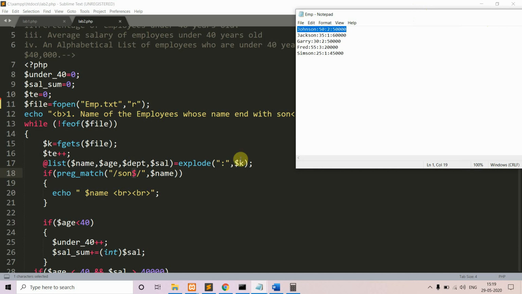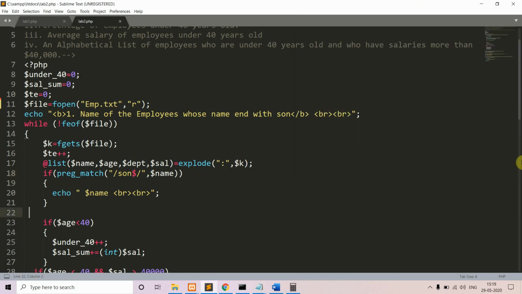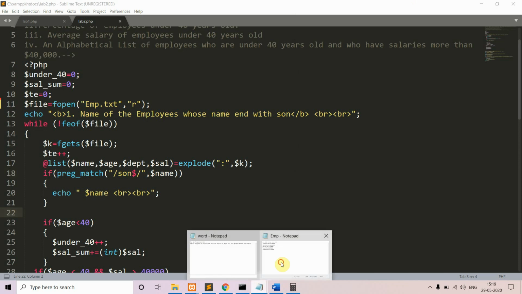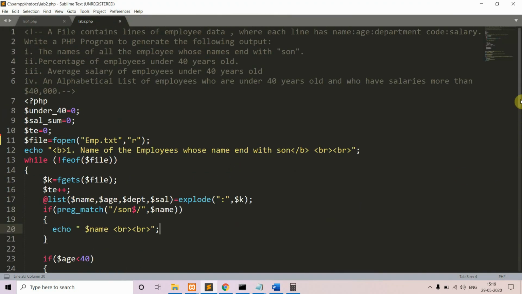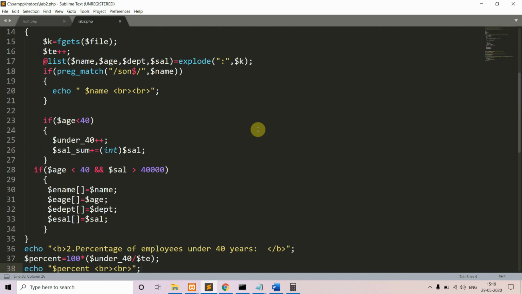Next, we'll go to the next thing. You need to find the percentage as well as the average salary of employees who are under 40 years old. For that purpose, first of all, give the condition as age is less than 40.